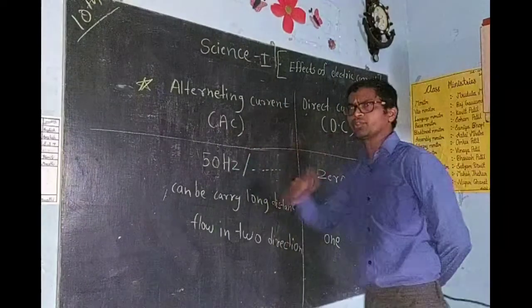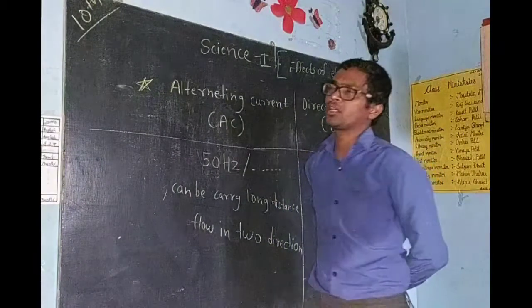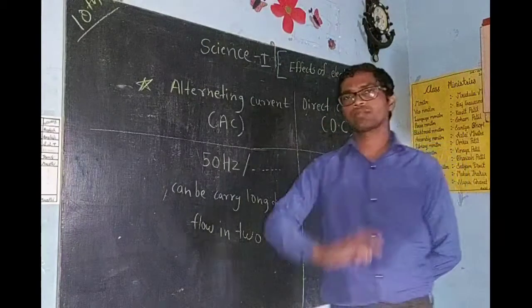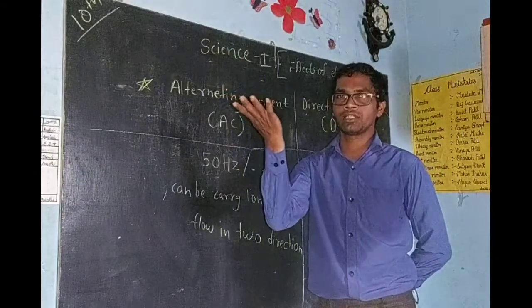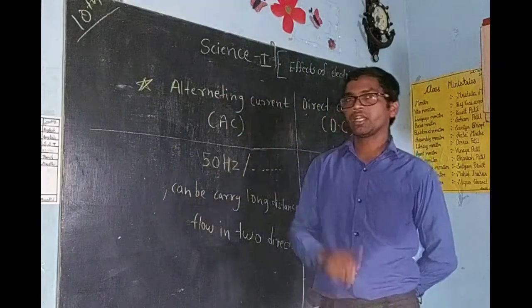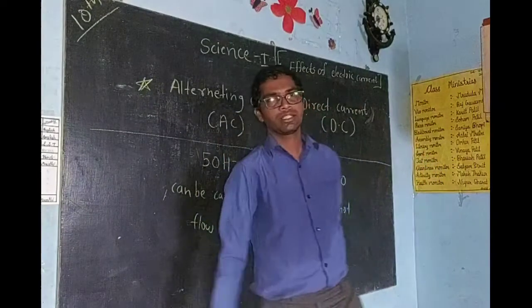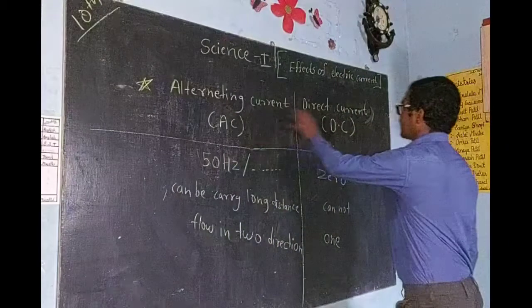There we use direct current. Now, most of the solar systems are there. We will learn in one special video related to solar systems. Solar systems also work on DC, meaning the solar panel converts light energy into electric energy, but that is DC. That DC again we want to convert into AC, so we use an inverter. Okay, so many points today we have learned about alternating current and direct current.